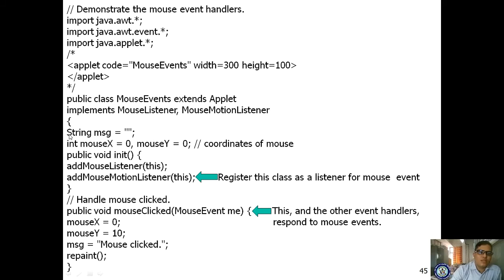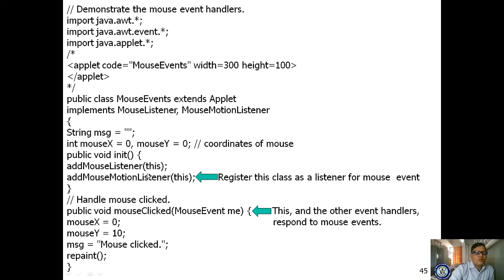First we declare String message equal to a blank, and int mouseX equal to 0, mouseY equal to 0 for the coordinates of the mouse. Then we take the init method. In the init method we use addMouseListener(this). Here in the init method you are using the addMouseListener method.